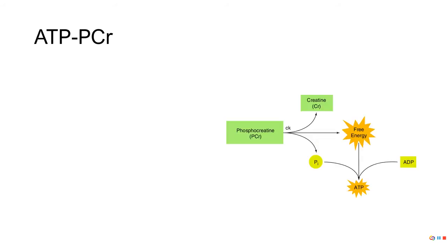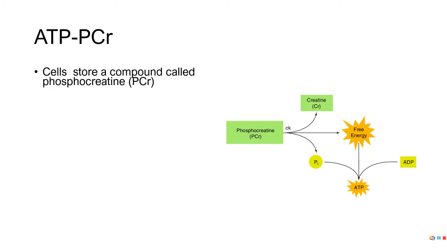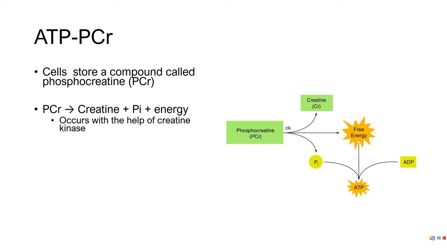Now, there are three primary systems that are used to create ATP. One of these is called the ATP-PCr system, or the ATP phosphocreatine system. While our cells do not store very much ATP, they do store a compound called phosphocreatine. The ATP-PCr system takes phosphocreatine and, with the help of an enzyme called creatine kinase,